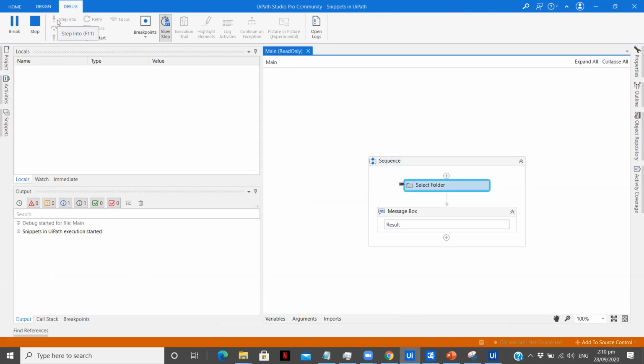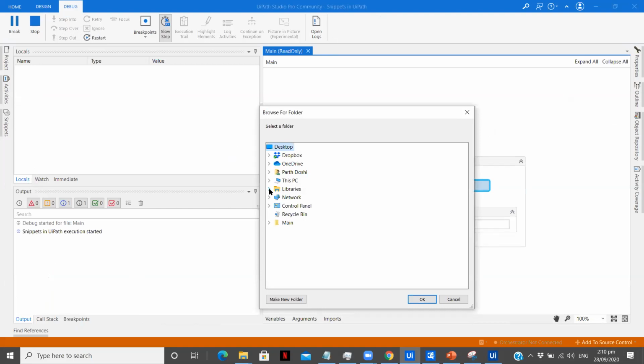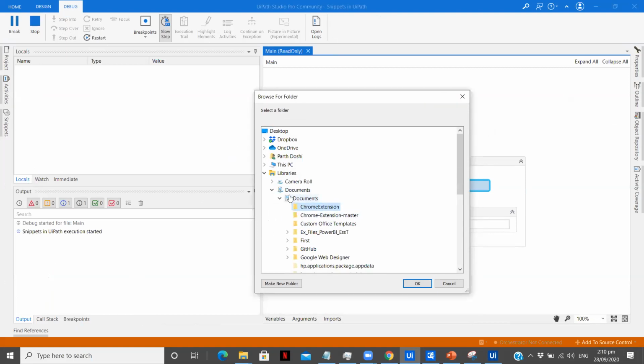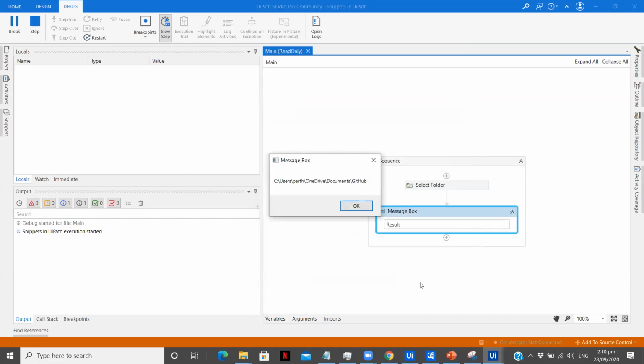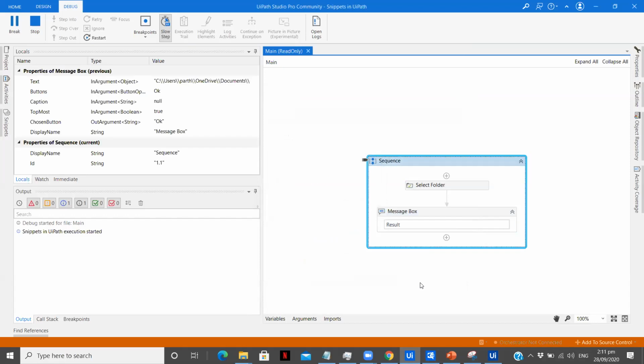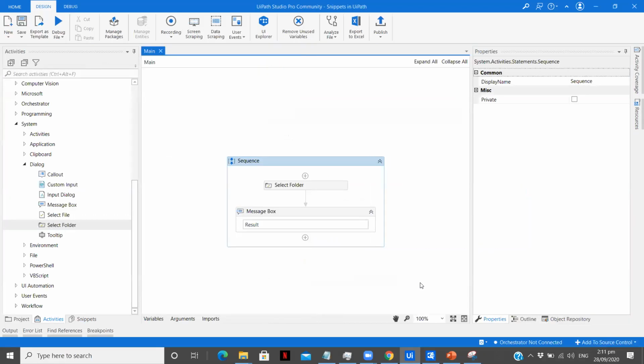And if you saw, while we were running the select file activity, it was not letting me select a complete folder. So this is the folder that I want to select, Chrome extension. You see, when I select just documents over here, it disables this OK option. If I select this, it gives me the option. So I'm going to select GitHub and OK. Now the complete path of my folder is also displayed. So this is how we can use the select folder activity. If you want your user to select some folder and take that output and move or copy that file in your process, you can use the select folder activity.